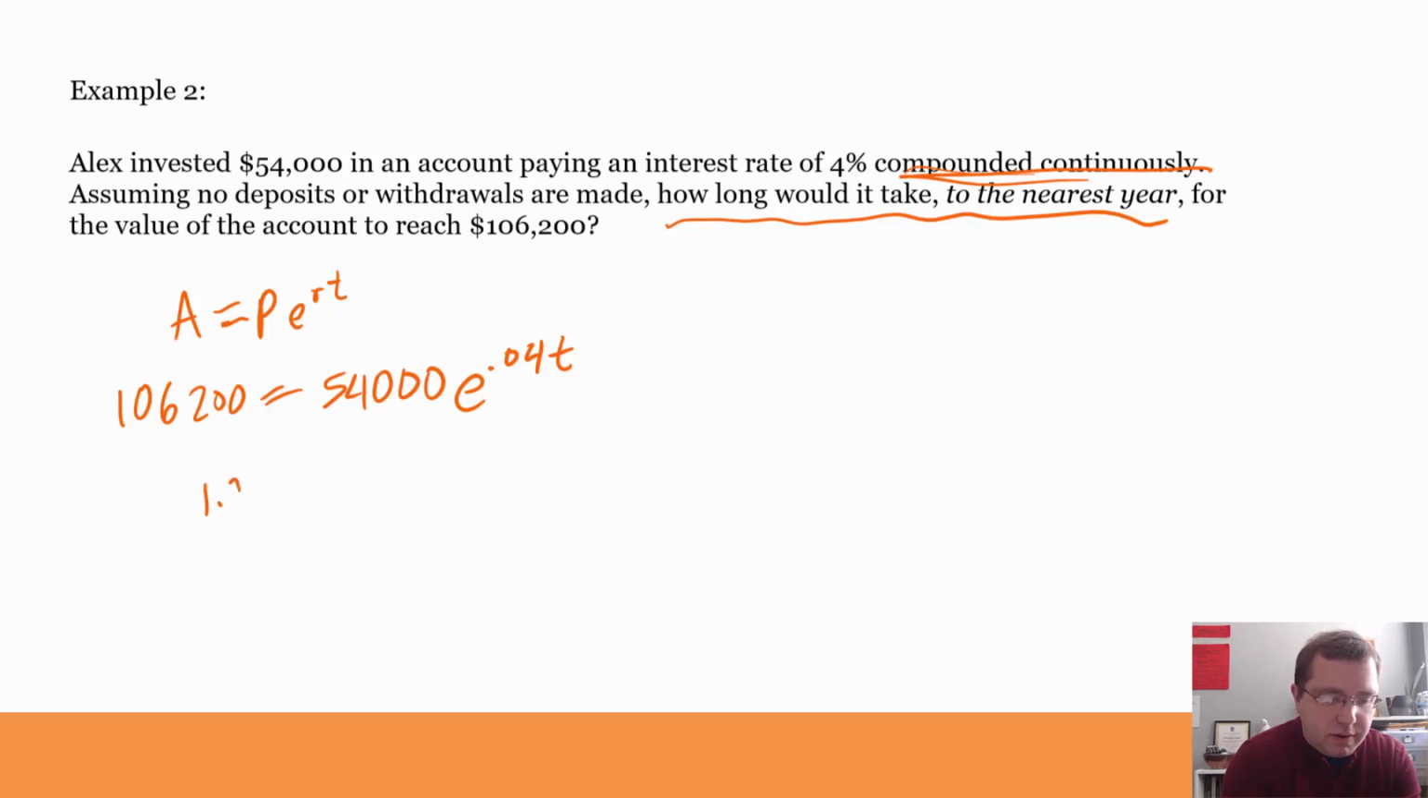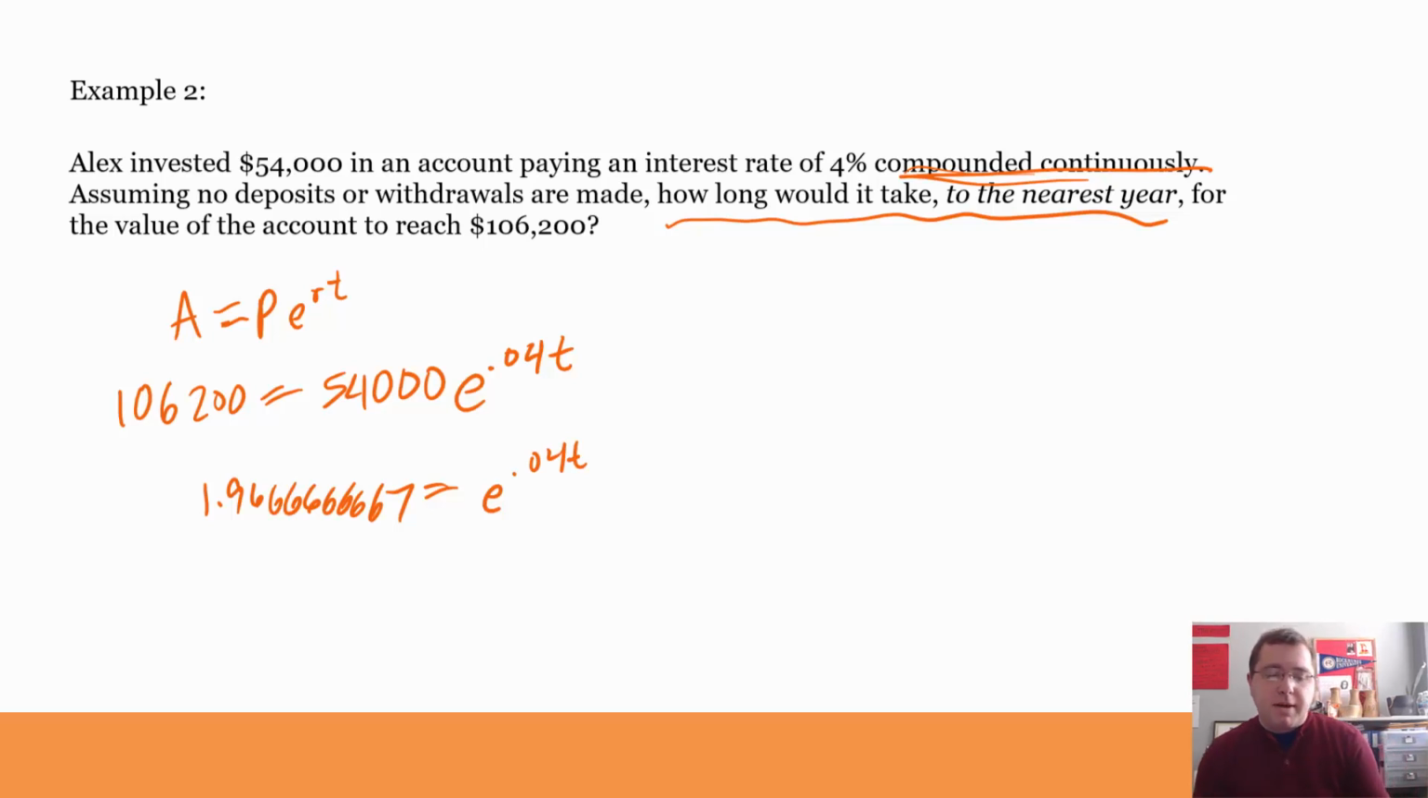So we get about 1.96666666667 equals e to the 0.04t power. Okay, how do I solve for t from there? I need to convert to a log. What log do I use when my base is e? I use an ln. So I'm going to convert that equation into this equation, the ln of that decimal, which I'm going to use the whole fraction just so that my calculator gives me as high of an accuracy as possible,